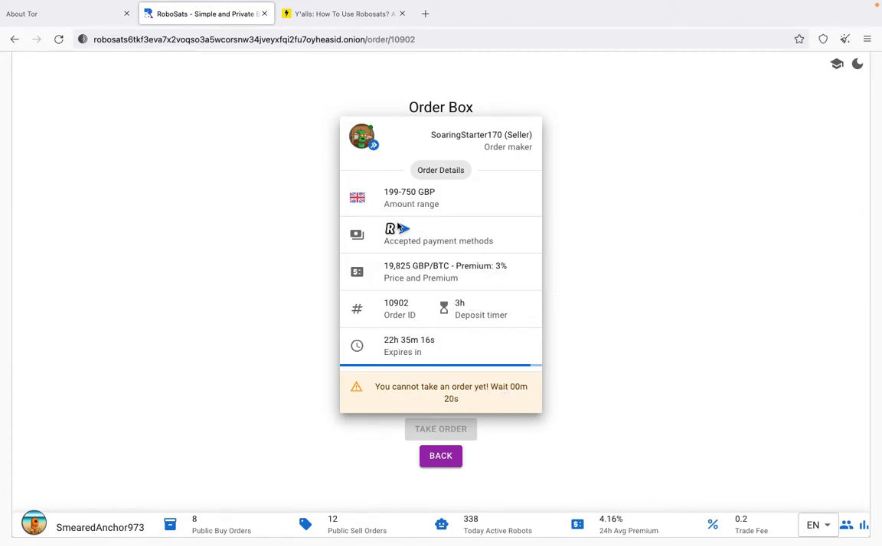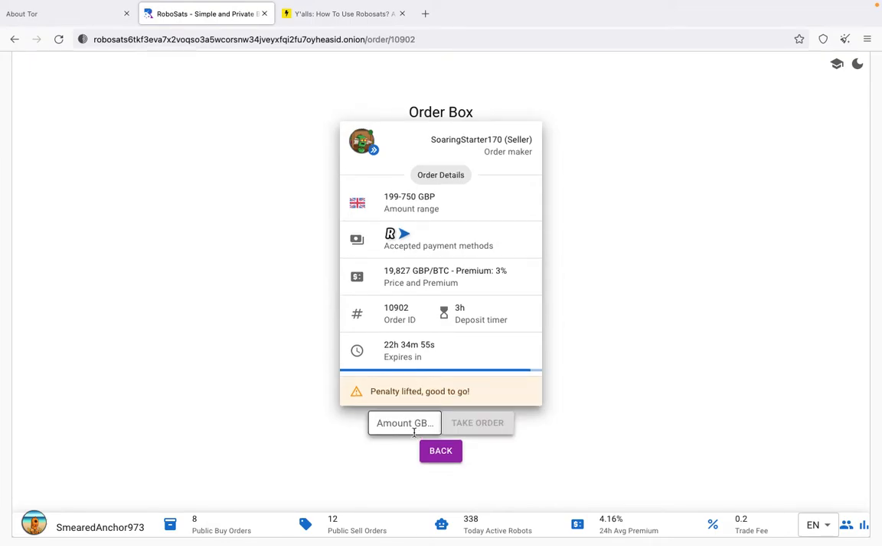Okay, so once you do that, you're going to put the amount, right? I'm just going to wait for another 10 seconds, because I already had an order and I just cancelled. So they're going to show me how much I want to buy, right? Over here, say GBP. This says I can buy from 199 to 750, so let's say 200. Okay, so I'm going to say take order,